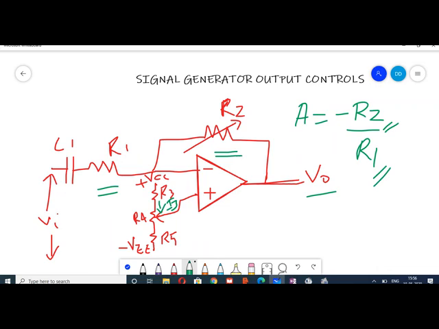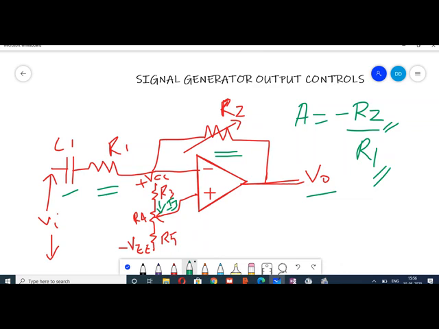So in this circuit, you can see that R1 is fixed. So if we vary the value of R2, our amplifier gain can be easily adjusted. And you can observe a capacitor C1 here. It is used to ensure that the DC voltage level at the output of the circuit which is generating this signal is not passed to the output stage. So it blocks the DC.